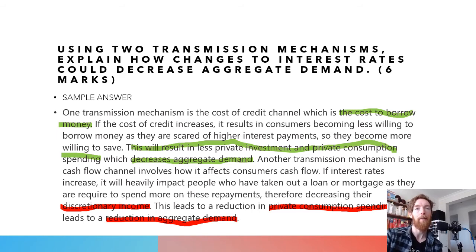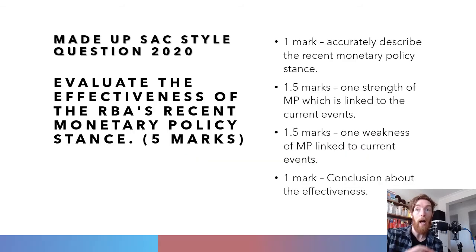And it's really important to be able to talk about the fact that it needs to be clear that you know that this is about interest rates increasing to decrease aggregate demand. And that's where some students went wrong in my class. And then lastly, what we're going to look at, and the hardest question overall, and one that's really, really important, probably still going to be really important this year based on the cuts to Unit 4 overall.